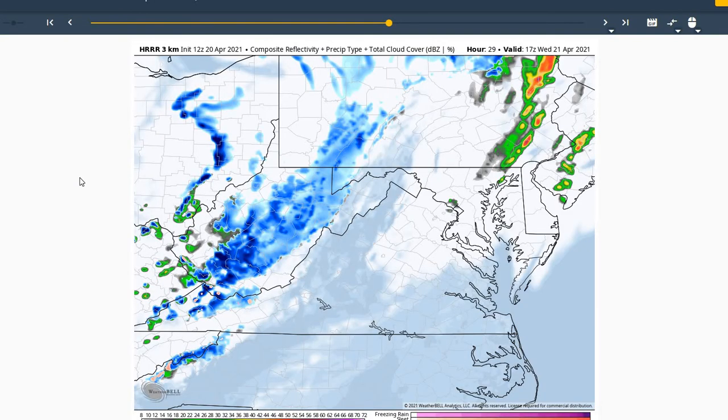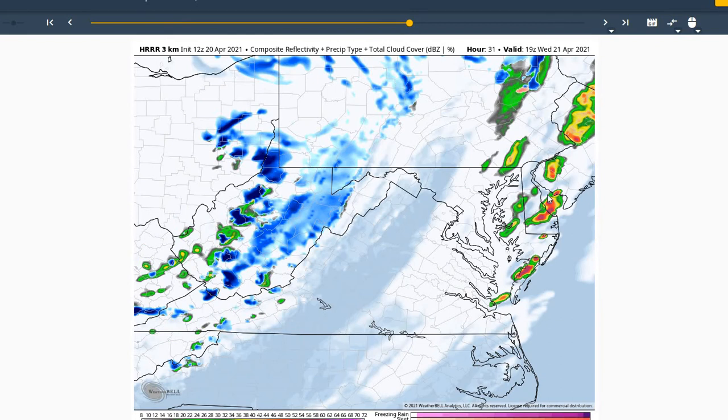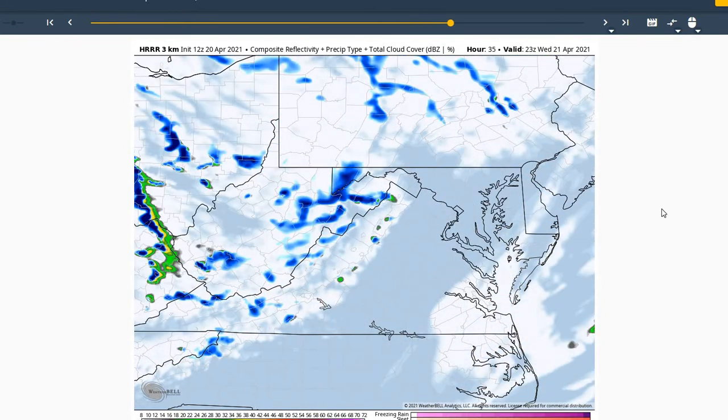So taking a look at the HRRR model for tomorrow afternoon as that cold front approaches, you'll see this is at 1400 local and then 1500 local. Showers and thunderstorms starting to develop over and west of the region. That's going to give us our chances of some possibly strong thunderstorms across the region for our Wednesday afternoon. Once that front does move through, we'll see windy conditions post-frontal and most likely seeing a wind advisory by late